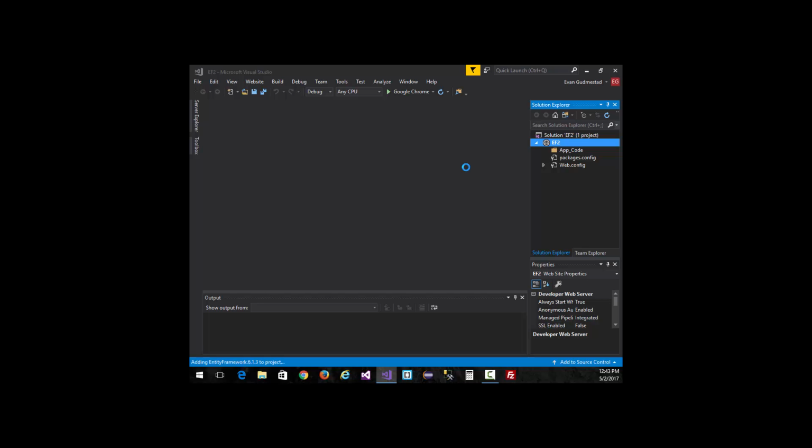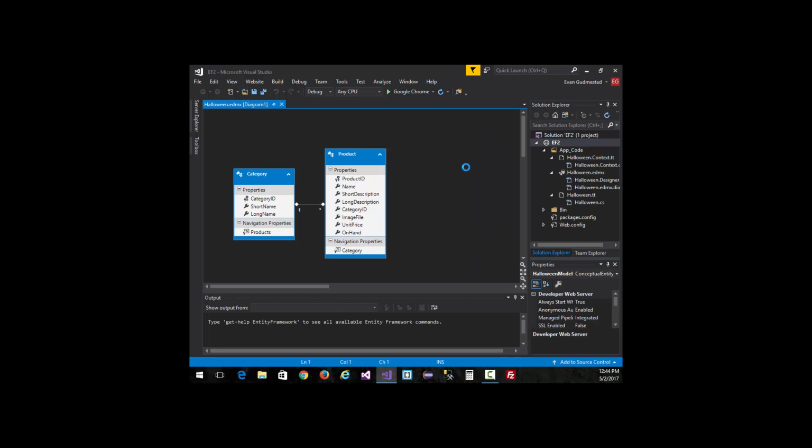So again, we are filtering data with a drop-down list. We're sorting, we're paging, and validating our data. Those are the tasks for today's video. So as you see, it created our diagram,